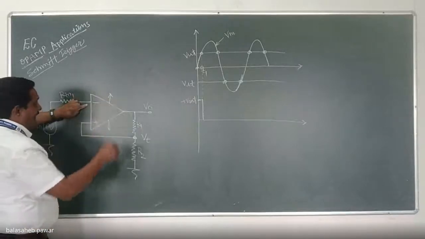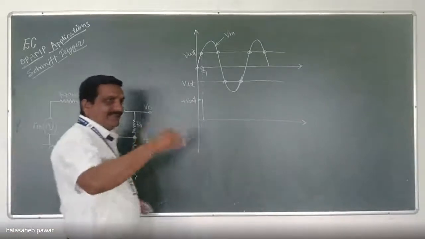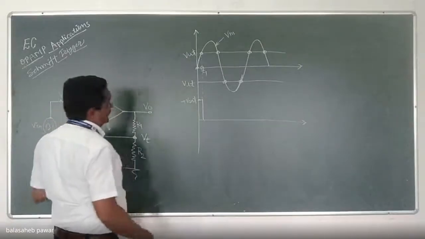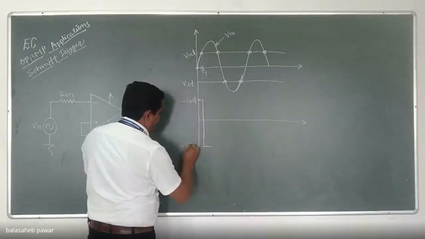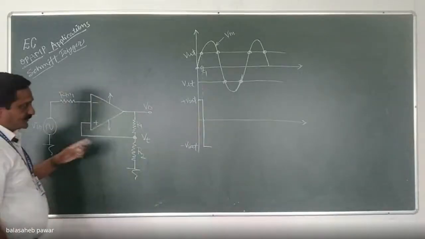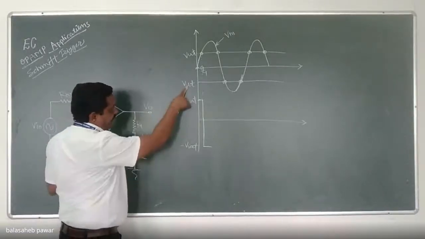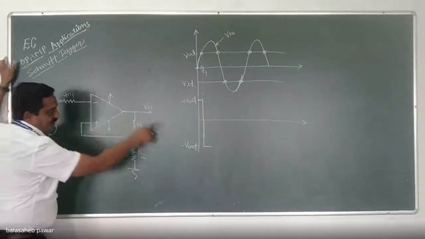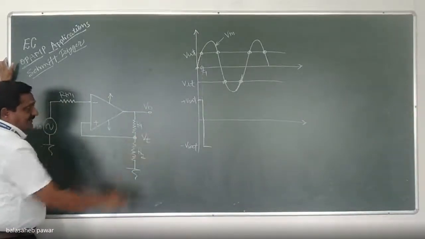So at t equals T1, immediately the output will become minus Vsat. Initially it will go to 0 and immediately it will go to minus Vsat, because that Vin is available at the inverting terminal. So it will go to minus Vsat like this. And now just check up to how much time duration it will remain at minus Vsat. So see, whenever the output goes to minus Vsat, this Vt will become VLT, right? Because the source for this Vt will be Vo, which is minus Vsat. So minus Vsat times R2 divided by R1 plus R2, that is nothing but VLT, right?